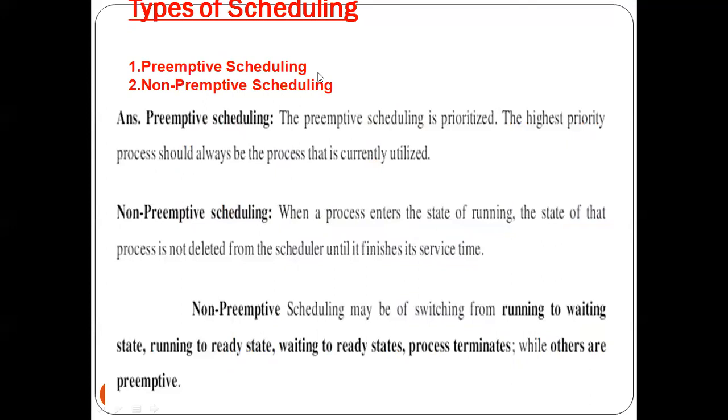There are two types of scheduling. One is preemptive scheduling, the other one is non-preemptive scheduling. Preemptive scheduling means it is prioritized. The process which has the highest priority will be executed first. Okay. Non-preemptive scheduling, when a process enters the state of running, the state of that process is not